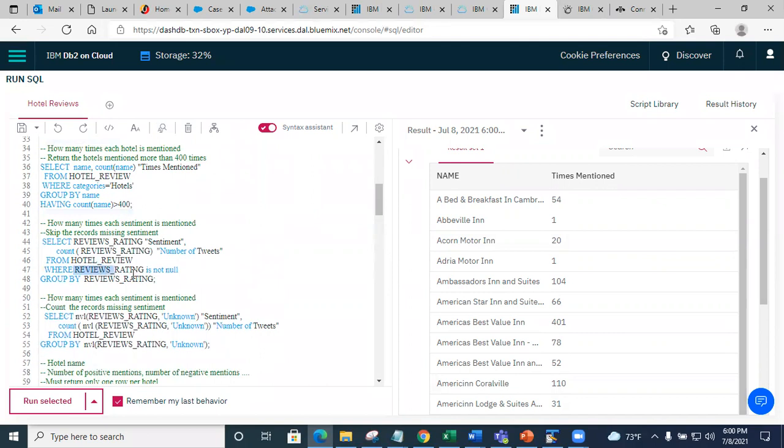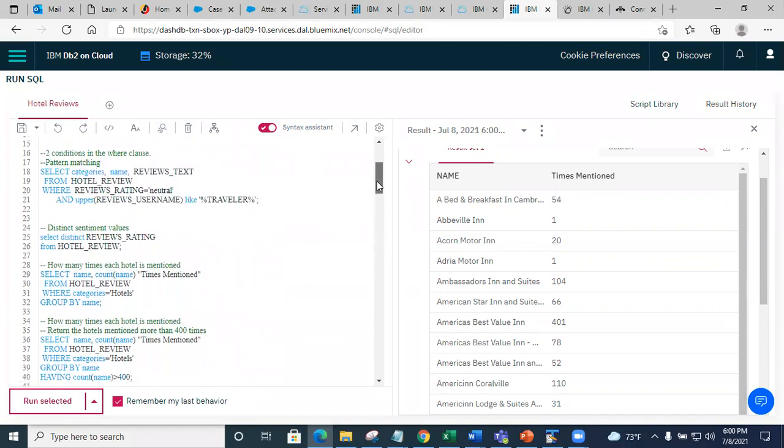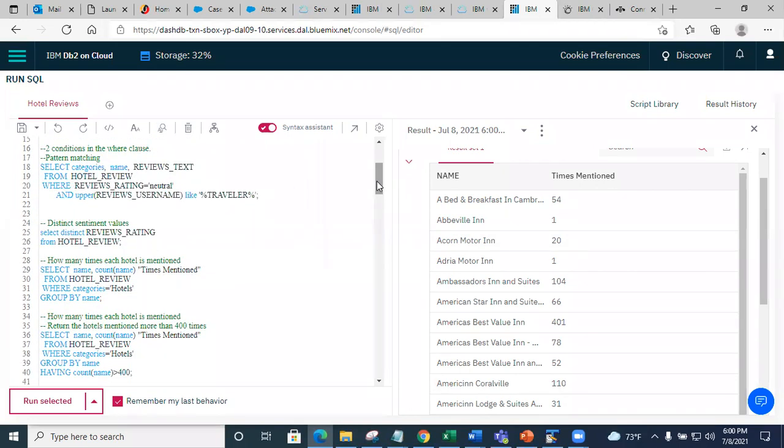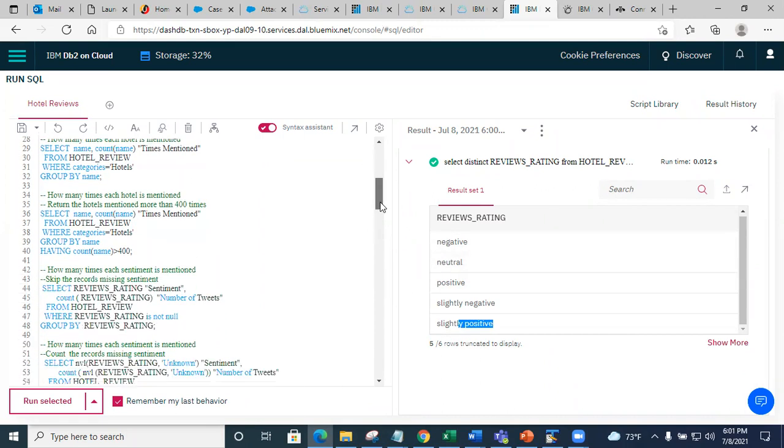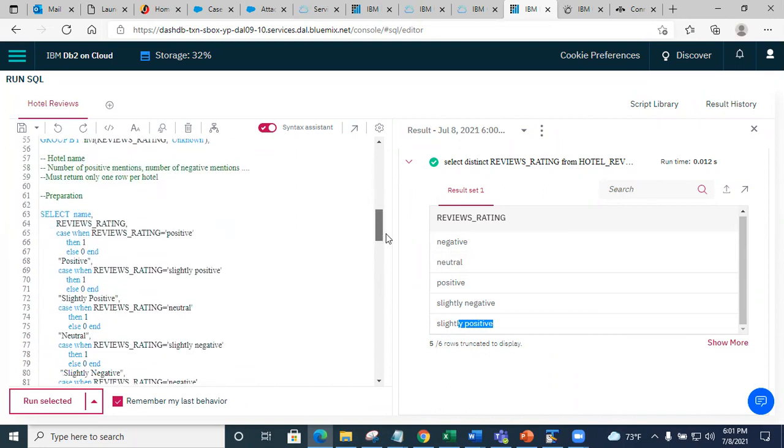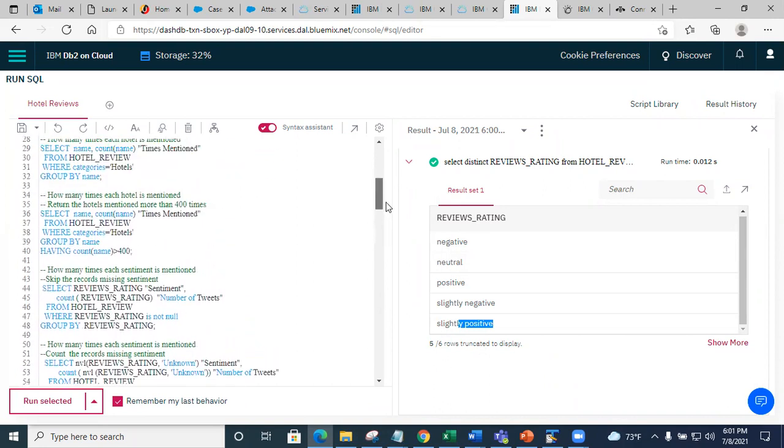So here it is. I say where review rating is not null, because when I ran the distinct, remember there are also nulls. Sometimes the review rating is unknown. So here, if I do the select distinct, I wanted to show you this. I'm going to run selected, and in this case there are none. But if you had some unknown values in your data, then you would have to figure out how you want to treat them. So let's go back in here.